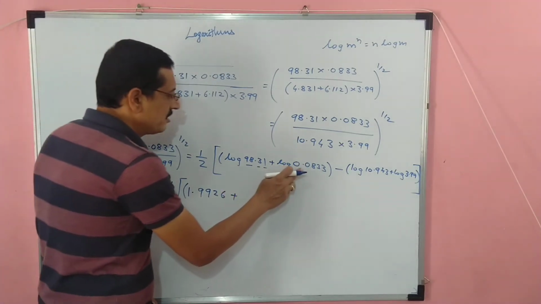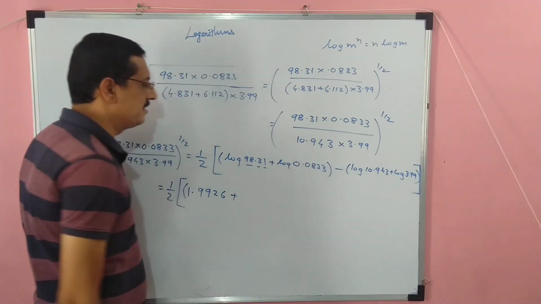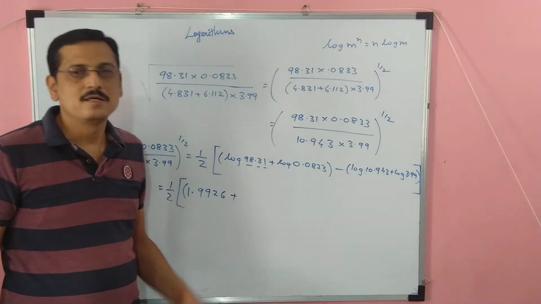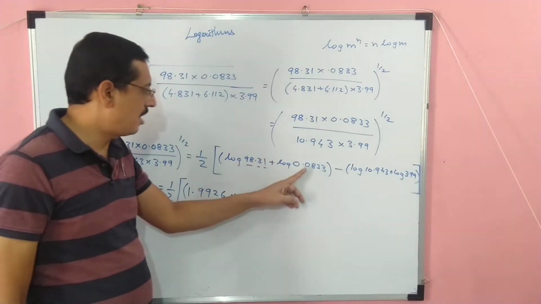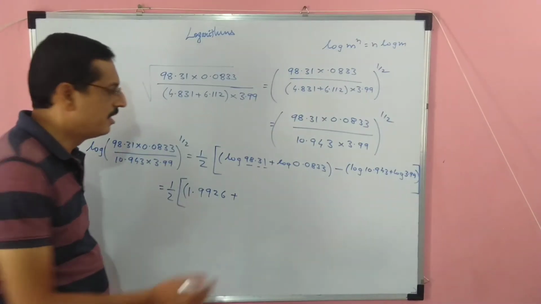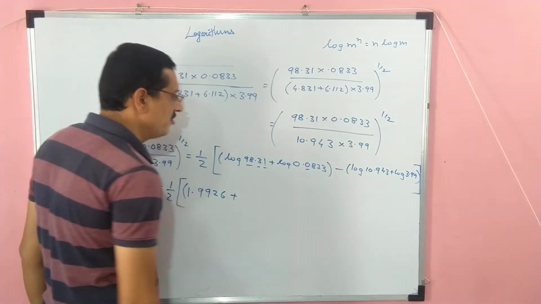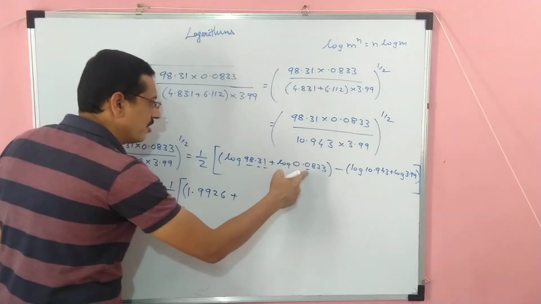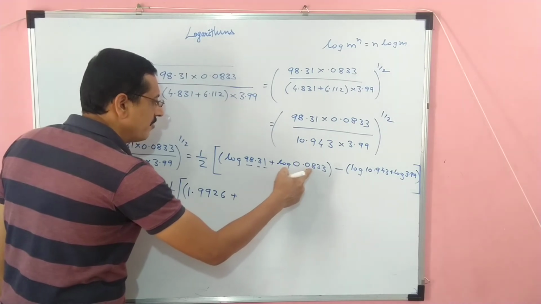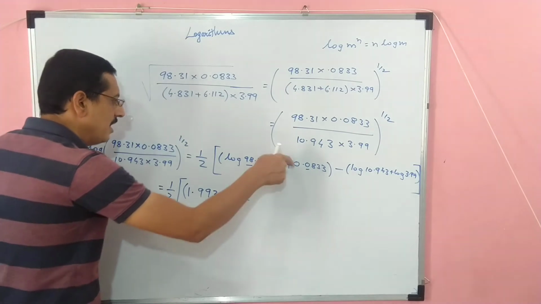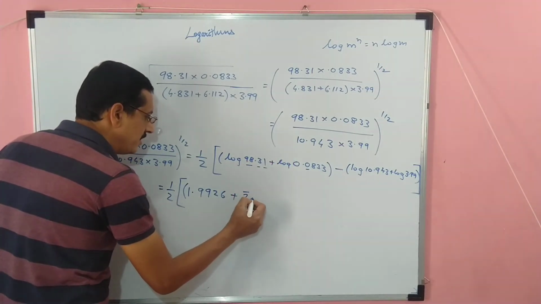Now for this one it is 0.0833. So now student, the value is less than 1. Then check how many zeros are there between decimal point and first non-zero digit. There is only 1 zero. The characteristic is 1 more than the number of zeros between the decimal point and first non-zero digit. So it is 1 plus 1, 2 हो जाएगा, and because the value is less than 1 it is bar 2.